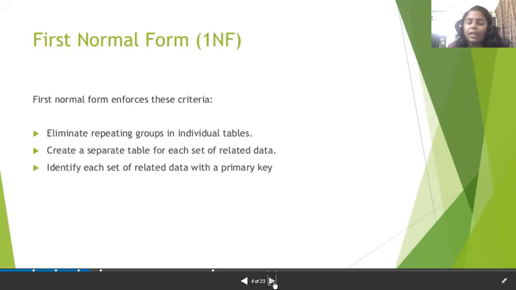In a simple way, we can say that in the first normal form, the table attributes or the table values should be atomic. Atomic means only a single value can be stored in a particular tuple, record, or attribute. So only one single value should be stored in a particular attribute or column. A multi-valued attribute is not allowed in the first normal form.